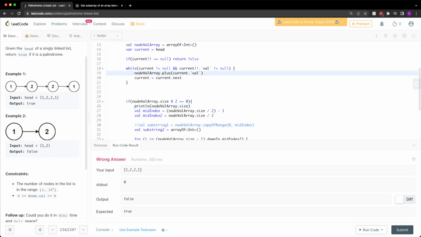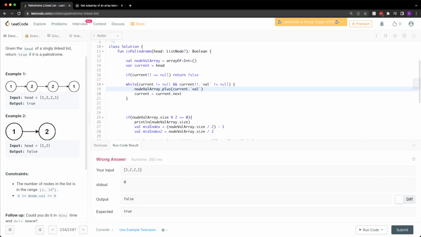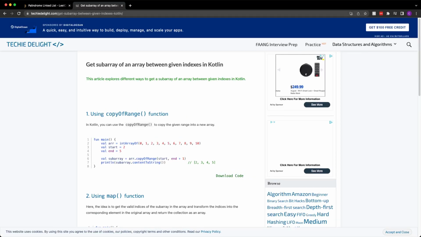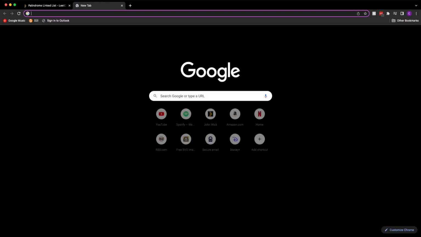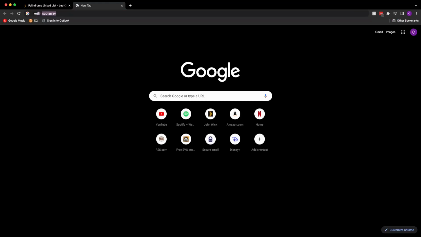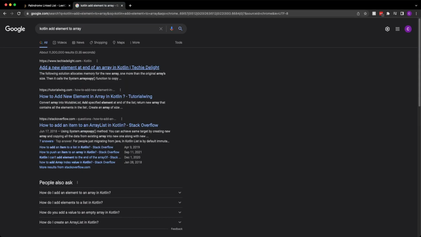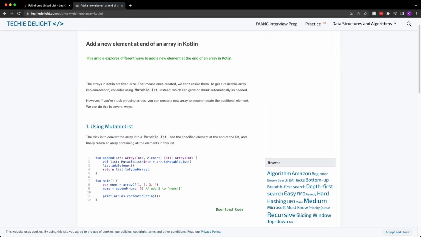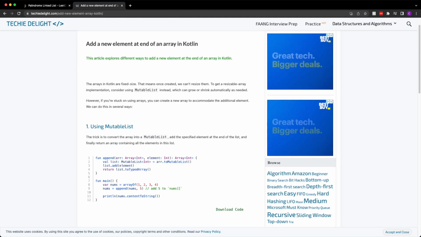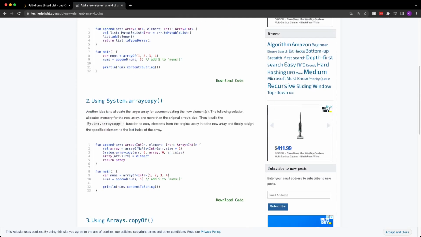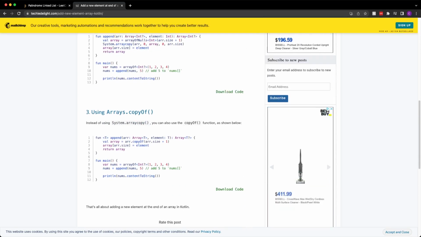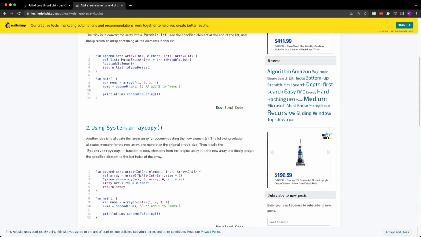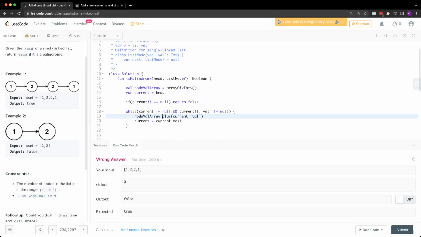It's this dot plus. Add element to array. And that's array.copy of. Okay, so let's try going back to